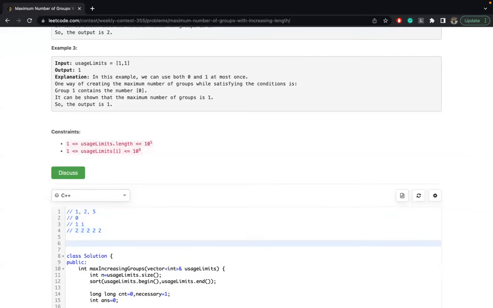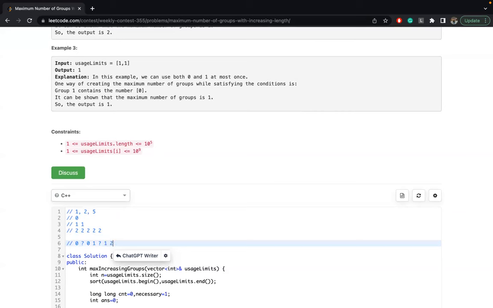After all this, you have to create groups, and each group should have distinct numbers. In a group you can just have 0, or you can keep 0 and 1. You cannot keep 1 and 1. Why? Because all numbers in a group should be distinct. So 1 and 1 not possible, 2 and 2 not possible,